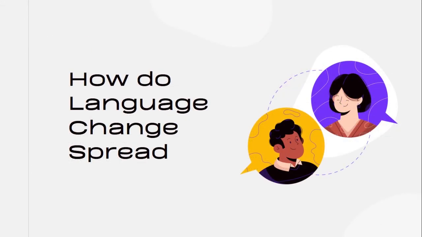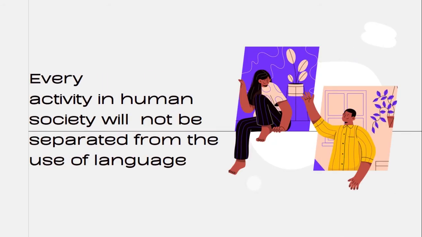As an object in sociolinguistics, language is not seen or approached as language, as is done by general linguistics. However, it is seen or approached as a means of interaction or communication in human society. Every activity in human society will not be separated from the use of language. Therefore, the formulations of sociolinguistics given by experts will not be separated from the problem of the relationship between language and